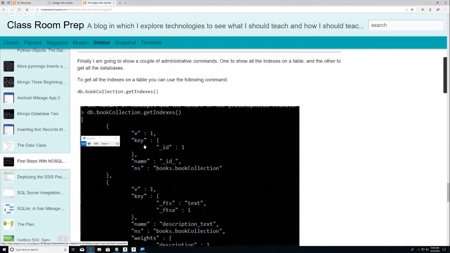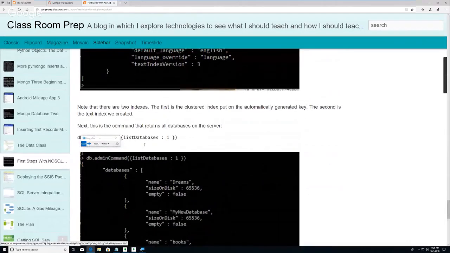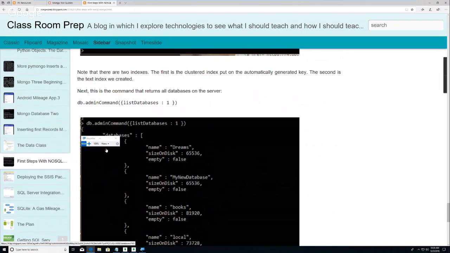So this is get indexes, so we don't need that. db.adminCommand listDatabases 1. That's how you get the databases if you need to see your database. db.adminCommand listDatabases 1. It'll list all your databases. So if you don't remember what you named your database,